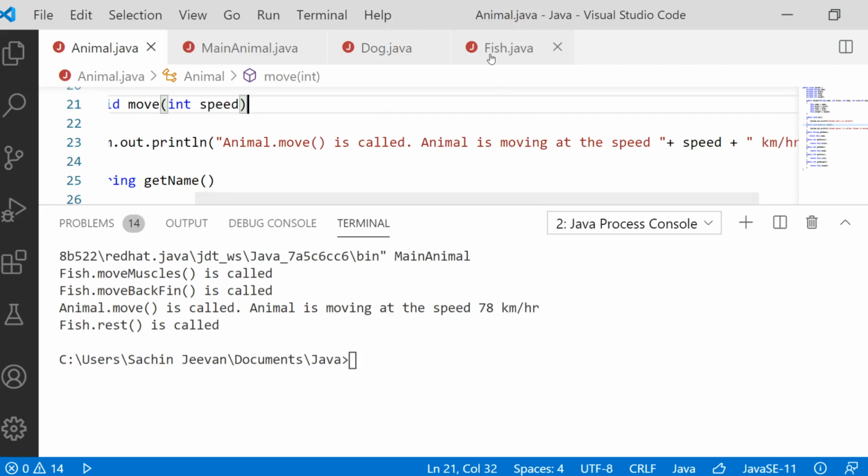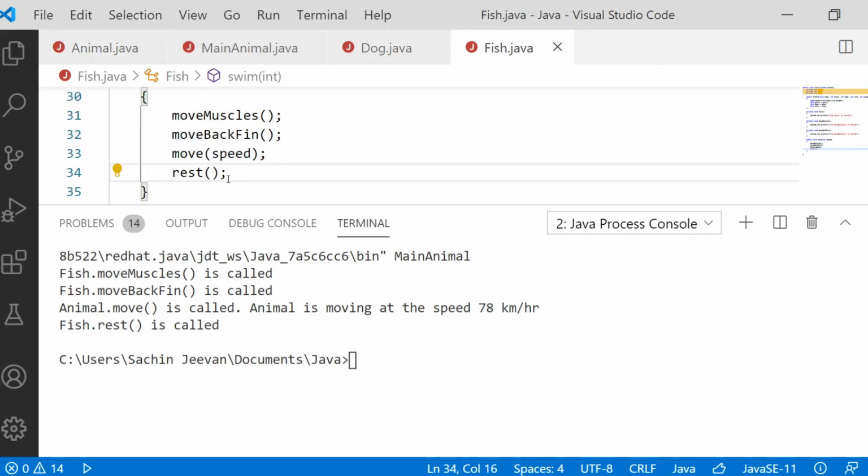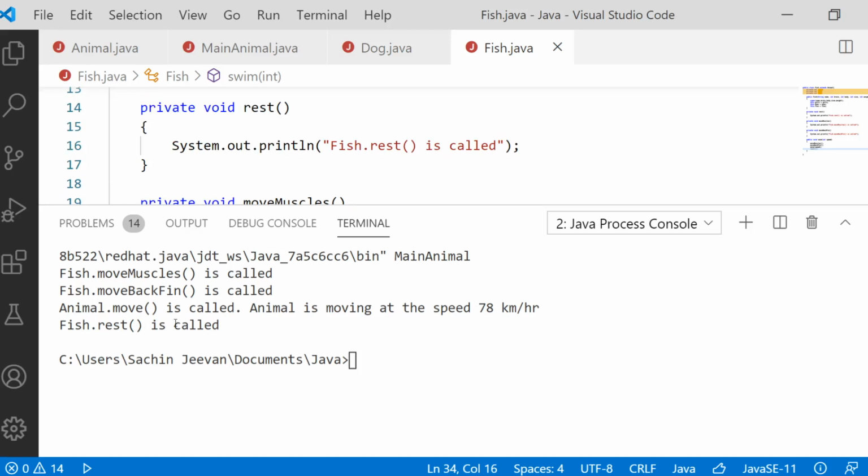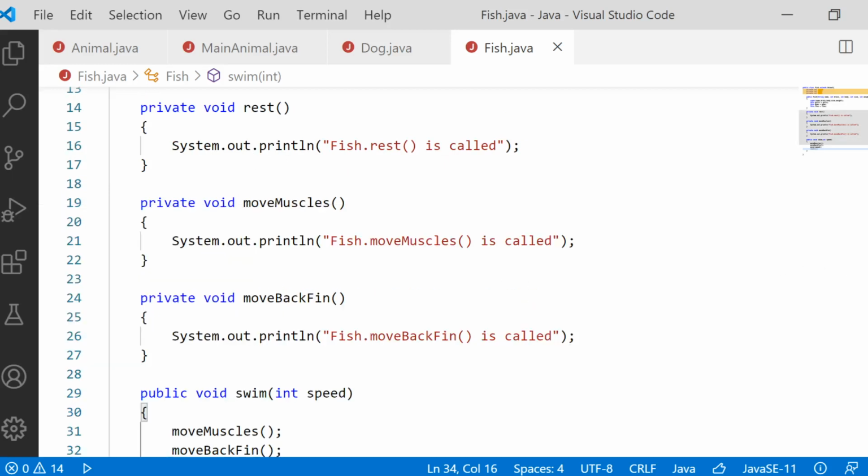Next, after completing this, again I will come here, and after the move function we have rest. So inside the rest function, fish.rest is called. Okay, so everything is working properly. So when it is calling its own method, and when it is going to the super class, I hope you understand it now. Whenever you define a method, if only method overriding is taking place, then you have the necessity to use super to call the super class method. If overriding is not taking place, you can directly call the method without the help of the super keyword. No need of the super keyword.